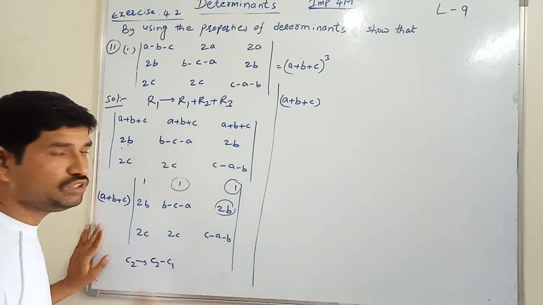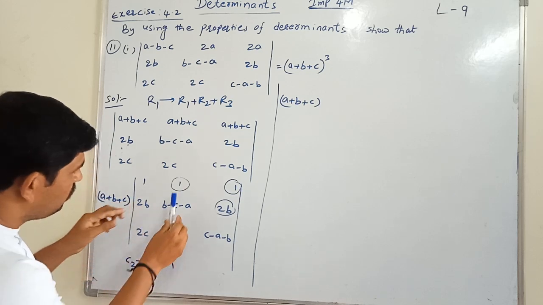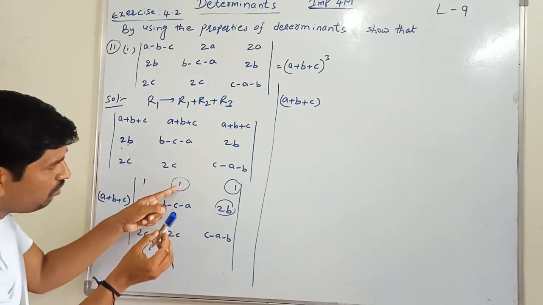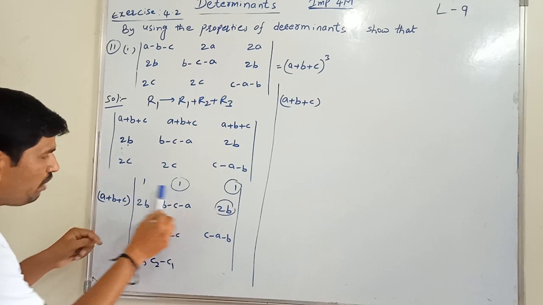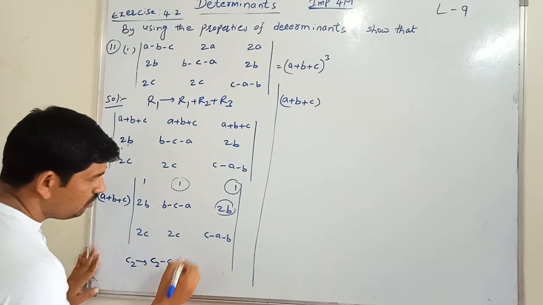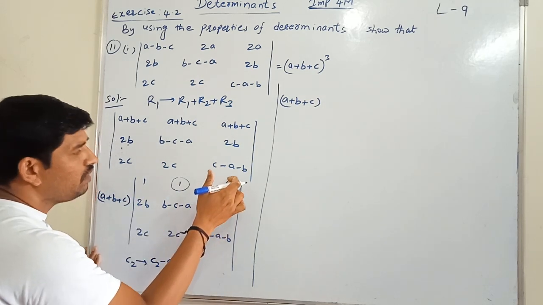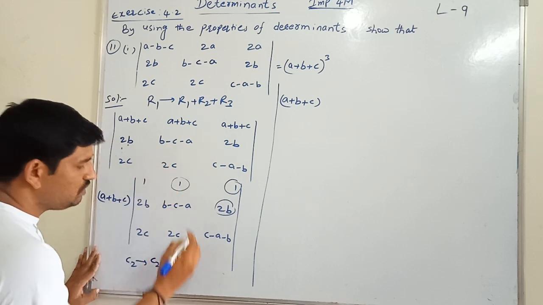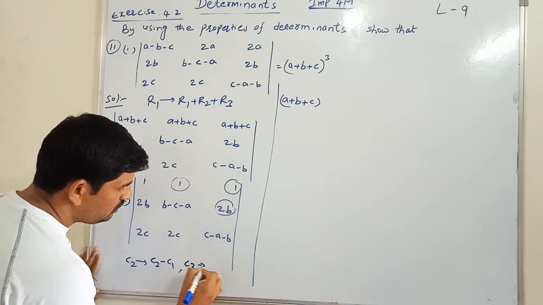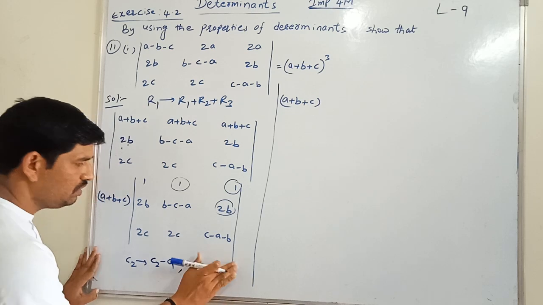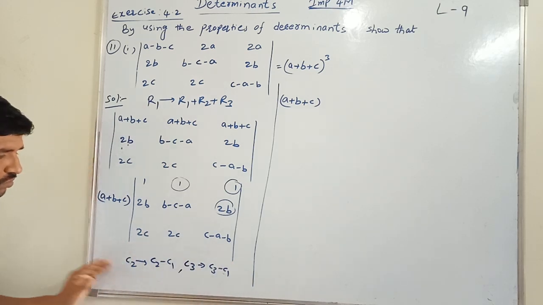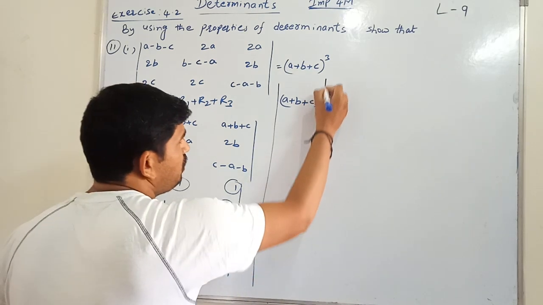It is a little bit confusing compared to the row operation. C2, this is what? C1. We have this place as 0 now. So C2 minus C1. Again, we have this place as 0. Again we have to use C3 minus C1. C3 minus C1. Okay. We are using these two operations in this determinant.